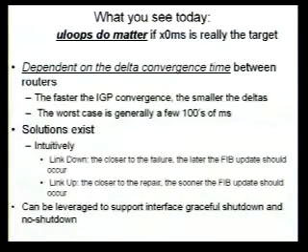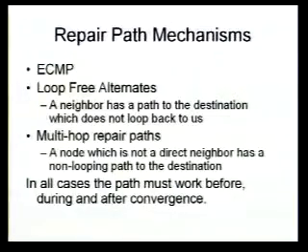And what we do know is that the faster the convergence, the smaller the deltas. That's kind of obvious. The worst case is generally a few hundreds of milliseconds, as we saw, because it's based upon the diameter and, again, the speed of light of the propagation of the wavefront to the rerouting nodes. Now, we do know that solutions exist, and Ali's going to spend some time talking about these solutions. And then we can also add some protocol knobs, as you may have read in some IETF drafts, a notion of graceful shutdown and interface graceful shutdown in the protocol specifications.